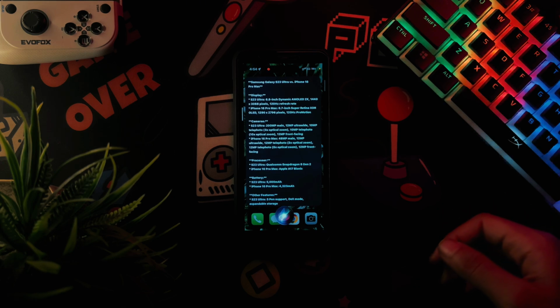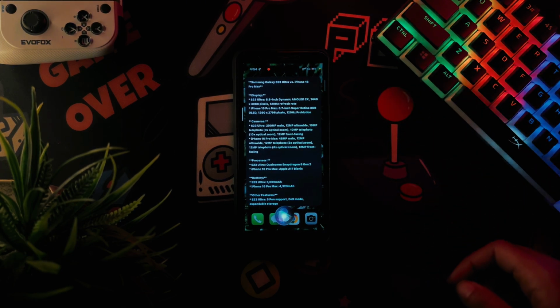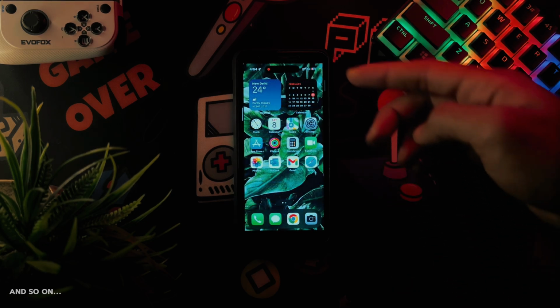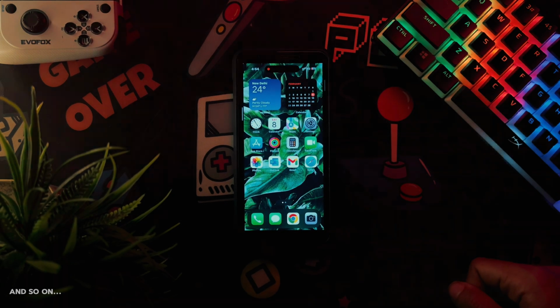Samsung Galaxy S23 Ultra. Display 6.8-inch dynamic AMOLED 2X, 1440x3088 resolution, 120 Hz refresh rate processor,